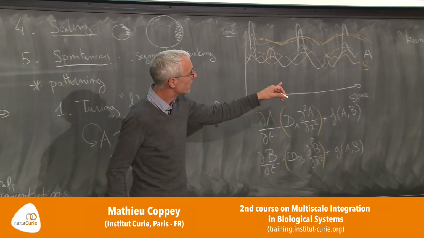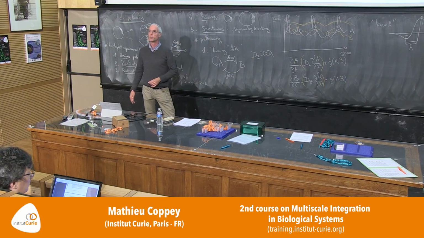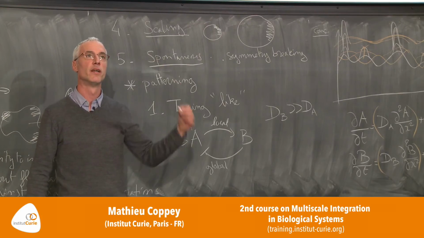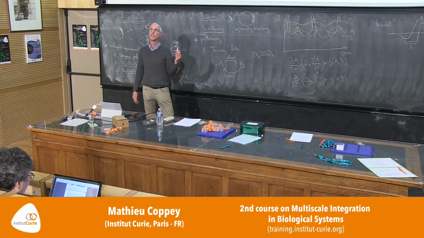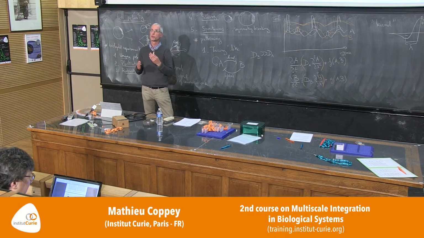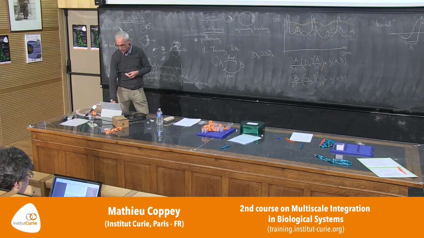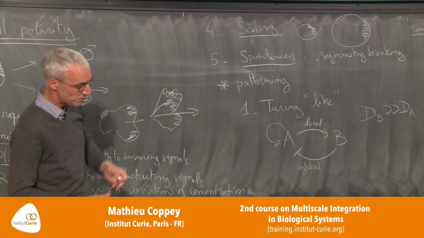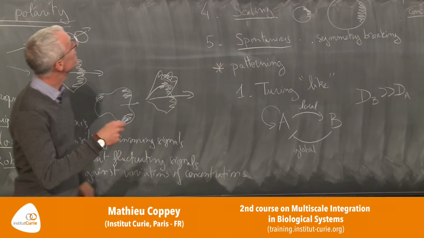So actually, this is a function that is used a lot by people in image processing, because this is also called a difference of Gaussians, a positive Gaussian minus a negative Gaussian. And this is used to do edge detection. If you just apply that function on an image, you will enhance the contrast. You will enhance the border of the objects here. And actually, this is exactly the same thing that we have in eyes. This is an example I show you here. And the image that you send to your brain is based on